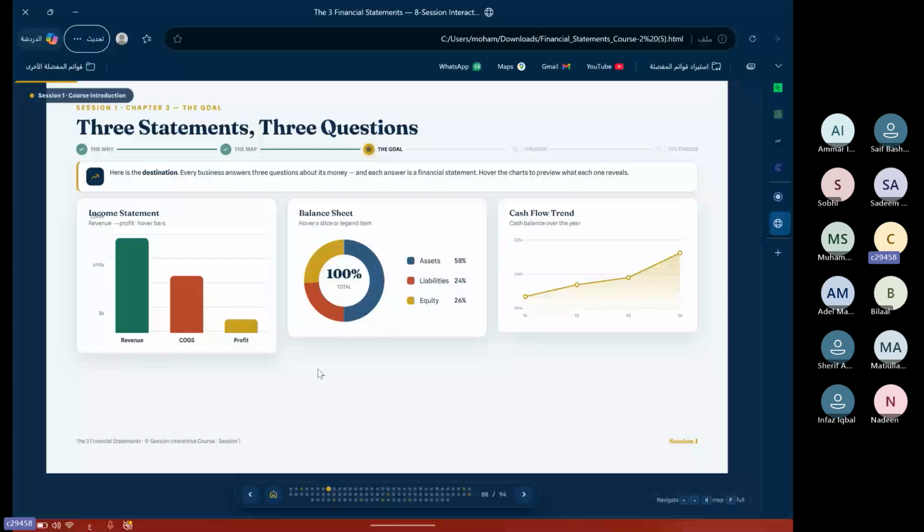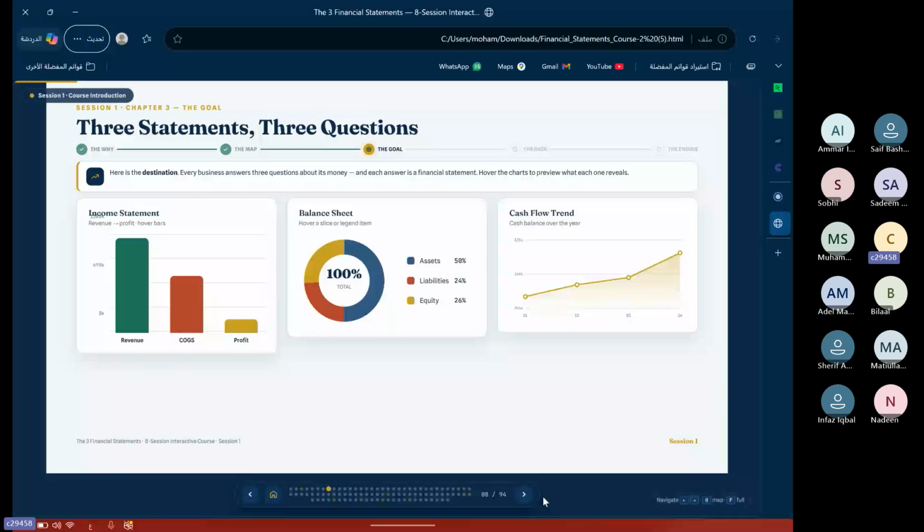And the cash flow answers the question: where does my cash go, and where did my cash come from? So all of these three statements that we will build answer the questions of all the CEOs and CFOs, whoever you send it to. So you have to build this in your mind first. What does he want to see? He wants to see the balance sheet. What is inside the balance sheet? What are the KPIs that are very important to him that we need to show and give priority?